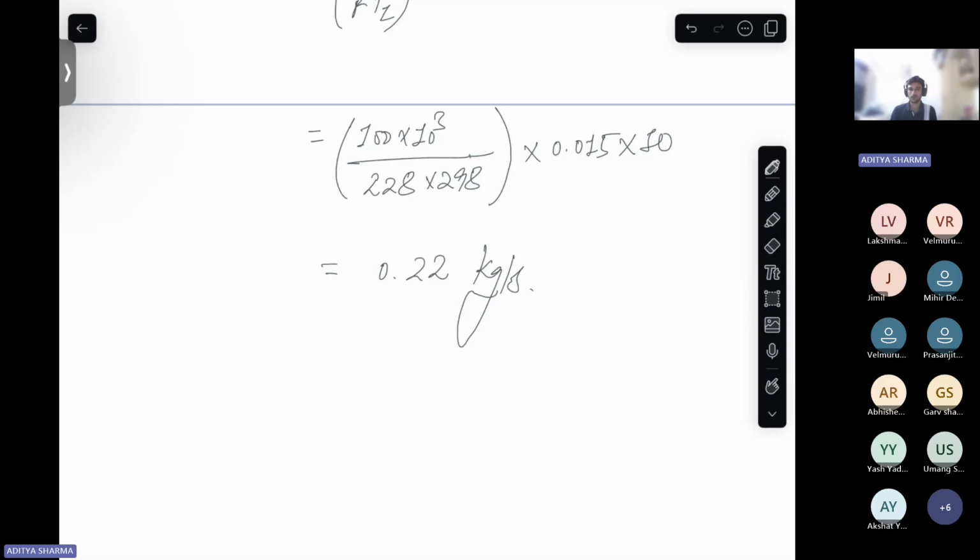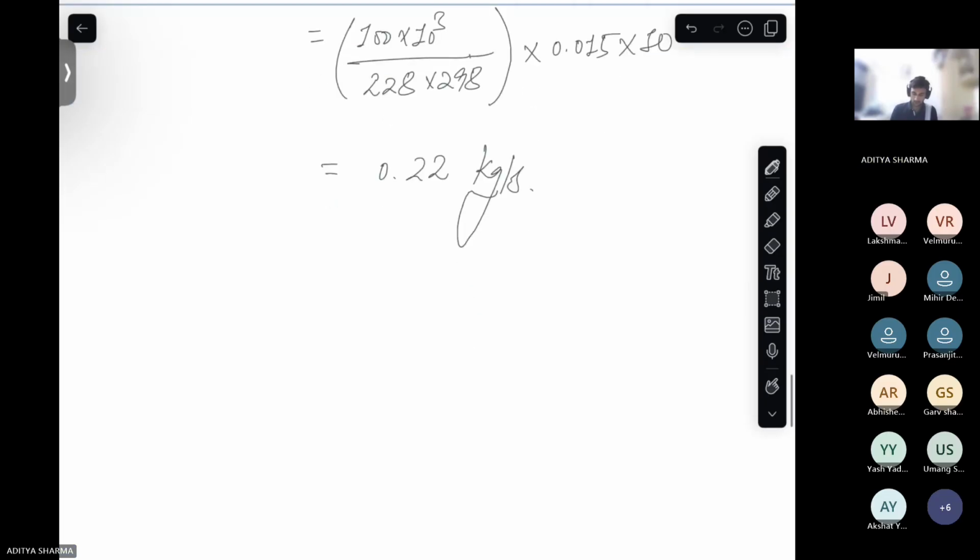So you can just check your values where they have differed. Basically, you should understand what you are doing, how you can find these values in terms of some given values. In case you have some given values and you want some unknown values, how will you figure that out? That basically is the whole question, right? So if that is fine, in that case,